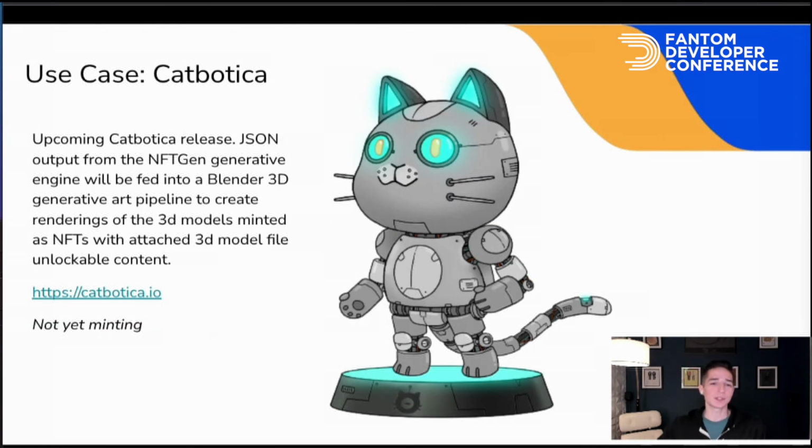And then one more use case for the pipeline, and this one is not yet minting, but is on the way to opening up minting, is a project called Catbotica. You can find it at catbotica.io. This one's interesting because even though the initial minting is going to be the same kind of 2D pipeline that we've shown you some examples of already, they actually have some interesting plans to switch out the last mile of the pipeline with a 3D process,